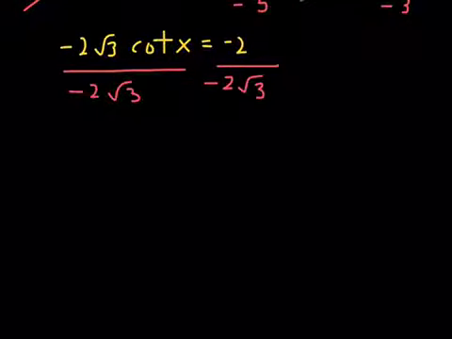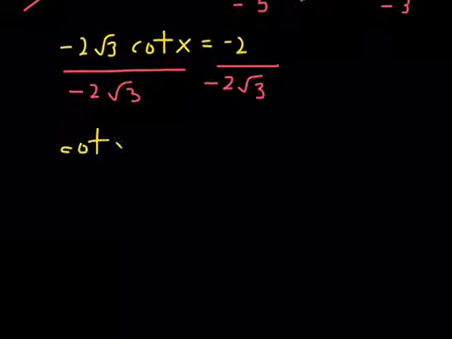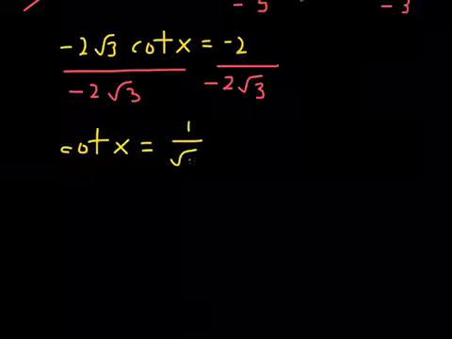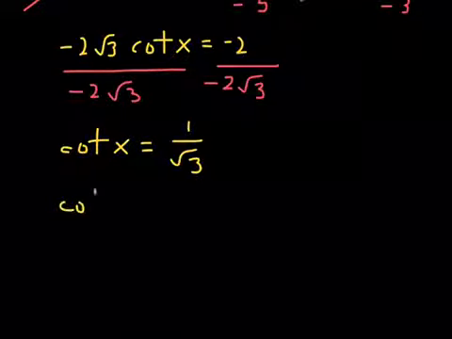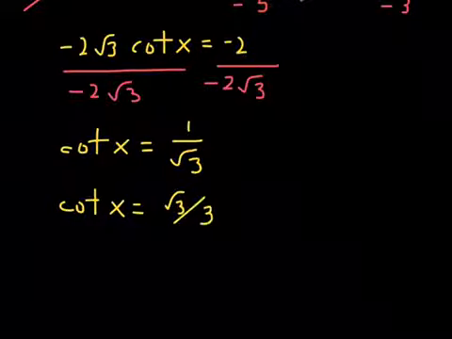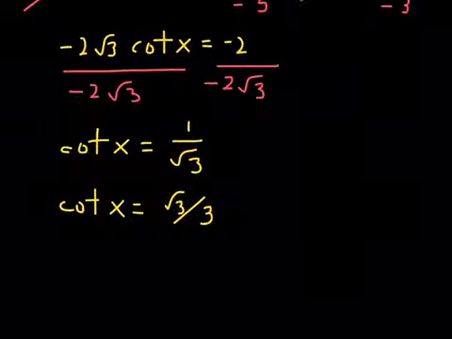That would give us cotangent of x all by itself on the left-hand side is equal to, of course, positive, and the 2's cancel out, and you get 1 over root 3. That is to say, cotangent of x is equal to root 3 over 3 when you rationalize. Cool. That wasn't too bad, was it? Of course, we're not done, right? But when I think about my unit circle,